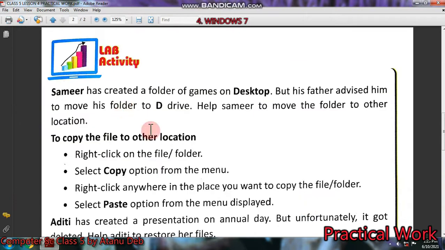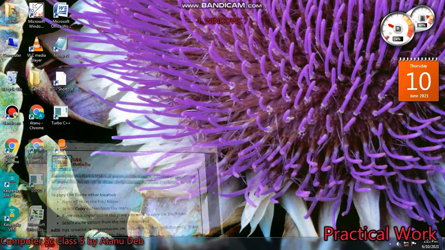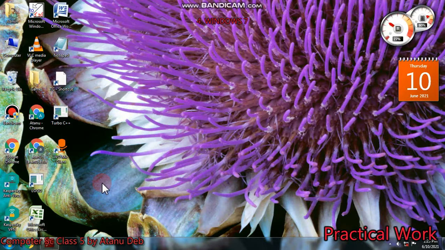So this is the first activity given here. Here it is said that Samir has created a folder called games on the desktop. So as you can see here, there is a folder on the desktop, called games.